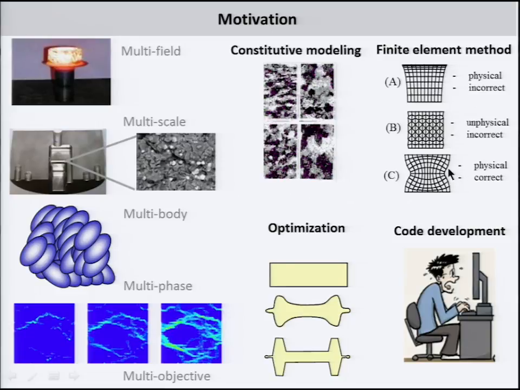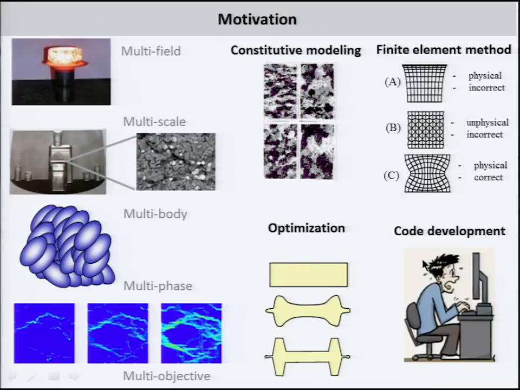But some elements would give this, it's called locking, which can eventually disappear if the element mesh gets denser, but some elements would give this solution. And this solution is clearly unphysical, and we can make the mesh as dense as we want. It will always be an unphysical and incorrect solution. So if we are able to have proper finite elements to model nonlinear behavior, we need also optimization, and